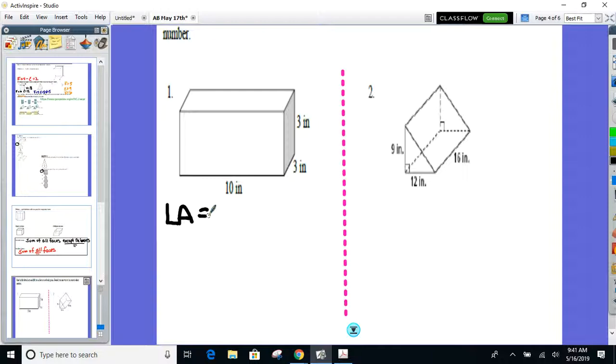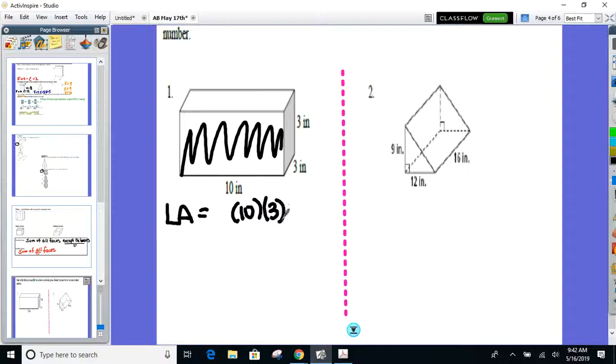Okay, good. How many faces total does it have? 6. Take out the top and the bottom right now, and I need your help finding what's left. Here's one face that's left. It's what by what? It's 10 by 3, and we know the area of a rectangle is length times width. And isn't there one in the back too? So I'm just going to multiply this by 2